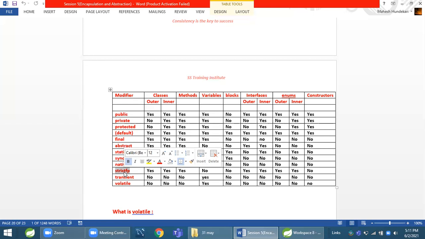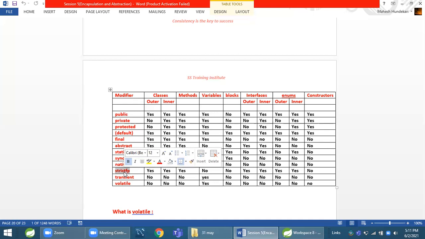So if I write a program on a 32-bit compiler and I store some floating value in a float variable, and if I take that program to another machine where a 64-bit processor compiler is there, and I run that program and check the value of the float variable, then that can change if we don't make that float variable strictfp.